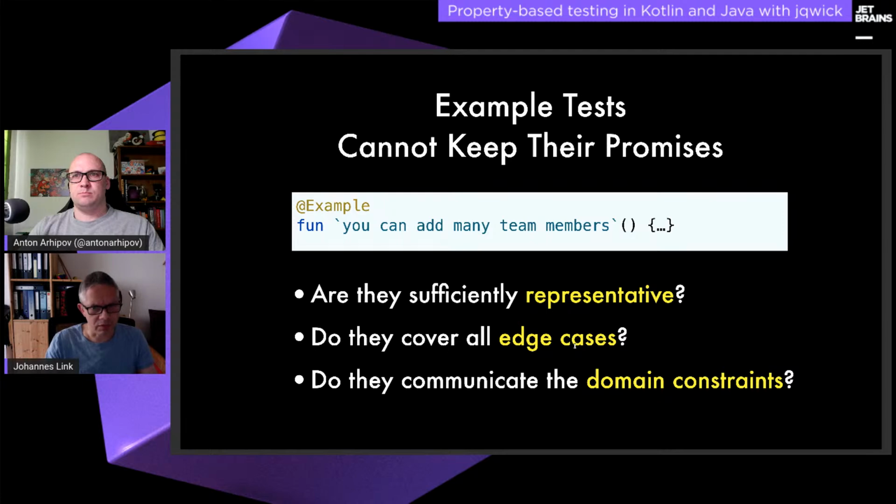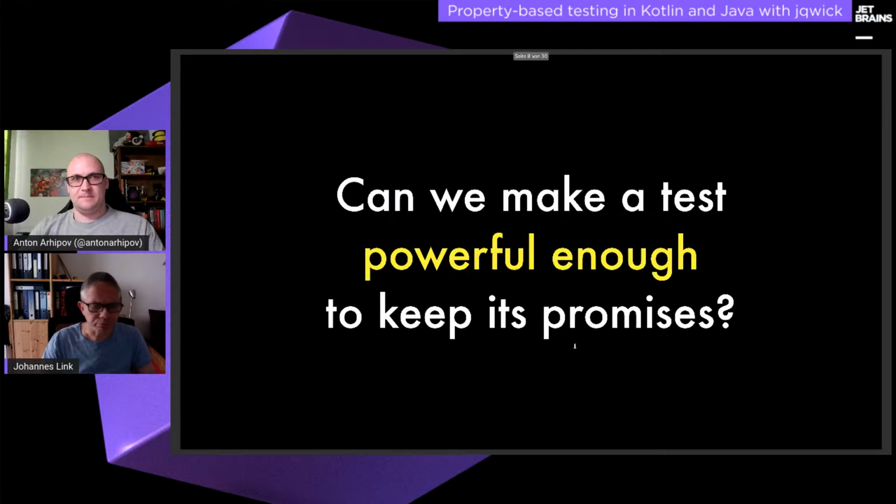So just from the test, you can't really see what the maximum length of a project name is, or what kind of email addresses or addresses are allowed there. So the question I have been asking myself for the 20 or so years that I have been doing example-based testing